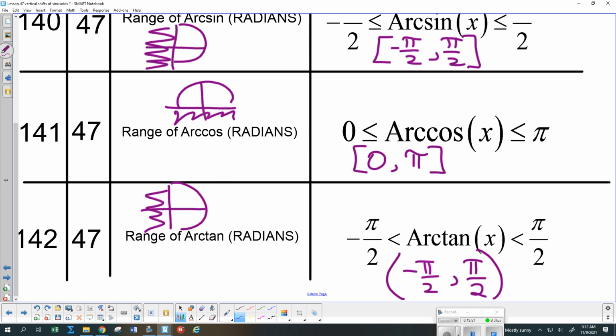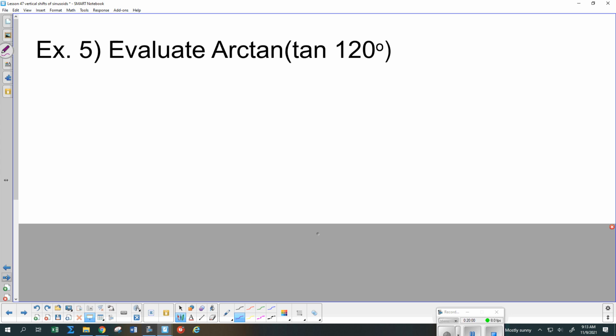And I just have a couple of special case examples once we have that written down here. So just a couple of very special problems I want to point out, and this is only for tangent, not for sine or cosine. This is if we are taking arctan of tan, not something like sine of the arc cosine and those kinds of things. If you think about your unit circle,